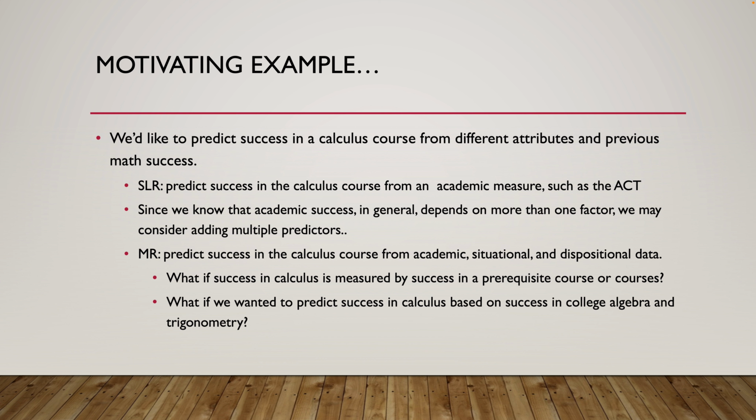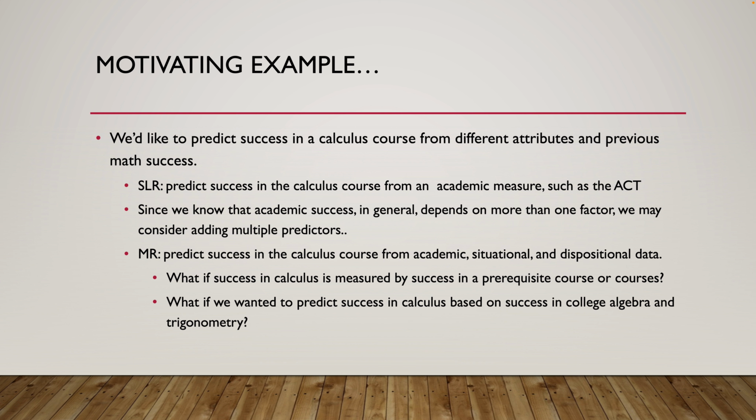Since we know that academic success in general depends on many more factors, we may consider moving into the multiple regression world and predict success in calculus from different academic, situational, dispositional types of data. Now, but let's pump the brakes a little bit and think about what if success is measured by success in a prerequisite course or courses. So what if we wanted to predict success in a calculus course based on success in college algebra and trigonometry,